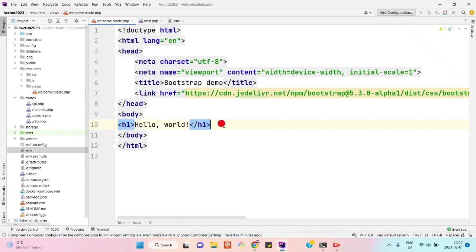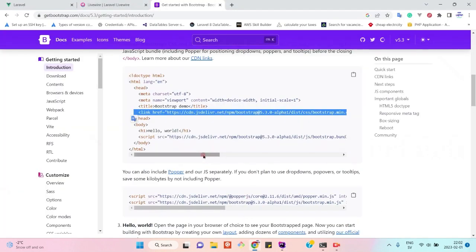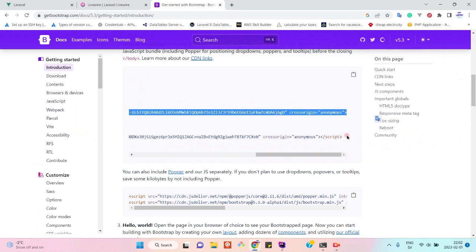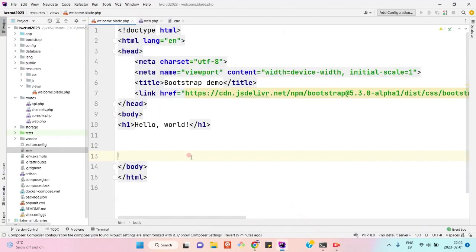And we will also need the Bootstrap JavaScript. Copy it from Bootstrap and put this Bootstrap JavaScript just before the body closing tag,